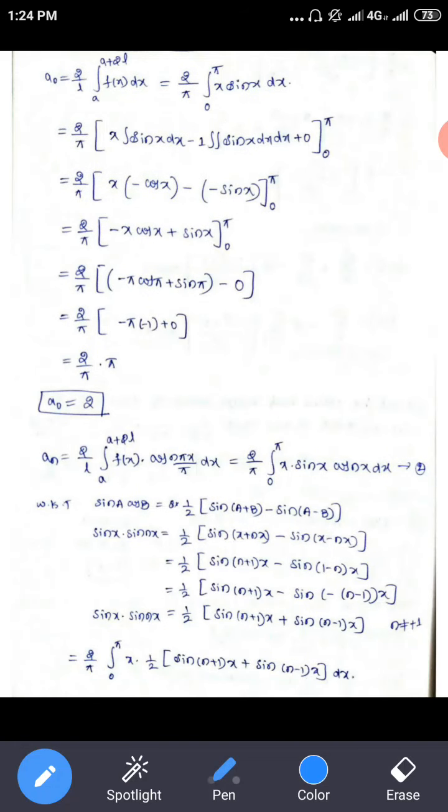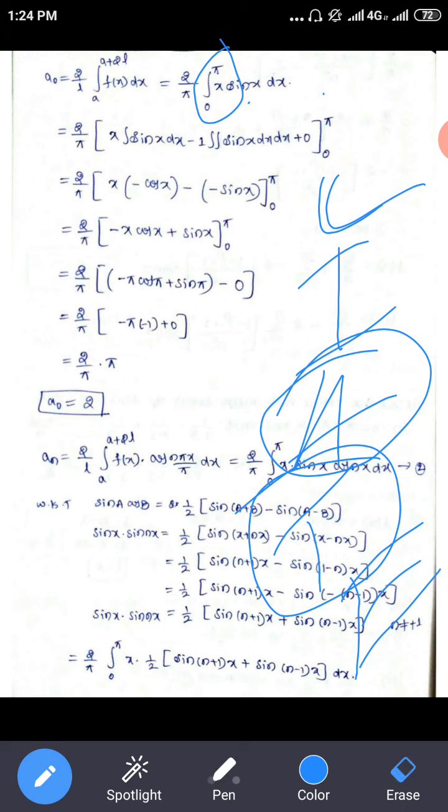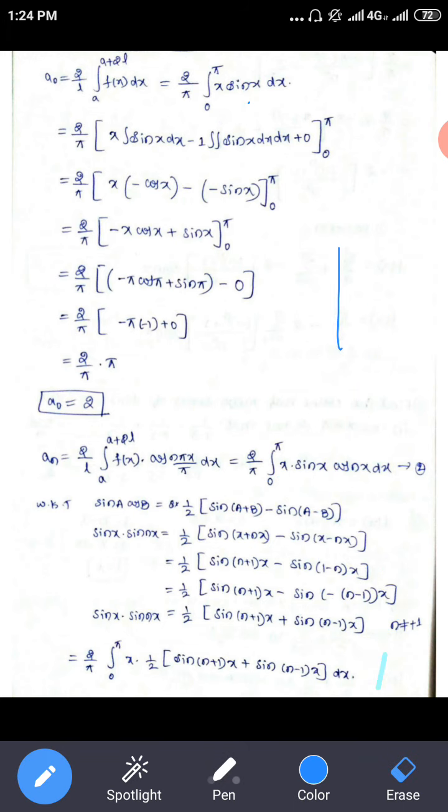So a naught is as usual. What is the formula for a naught? 2 by L, integral from a to a plus 2L of f of x dx. So 2 by L is 2 by pi here, and what is the total length of the interval? That is 0 to pi. f of x is x into sin x dx. So, LIATE: algebraic term, trigonometric term. So therefore what we will do is that,